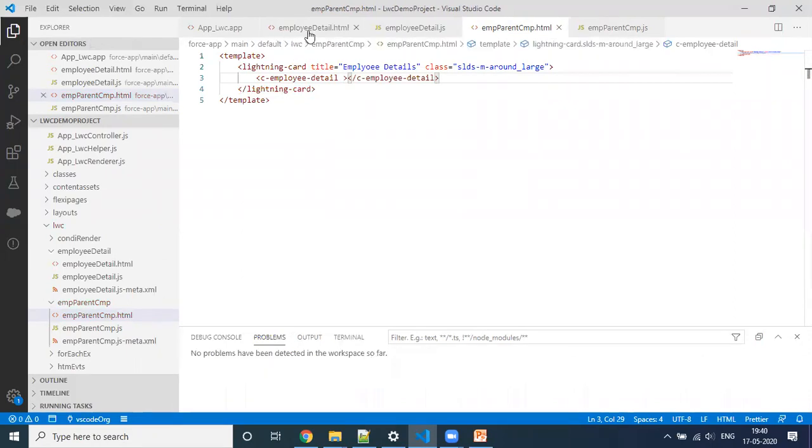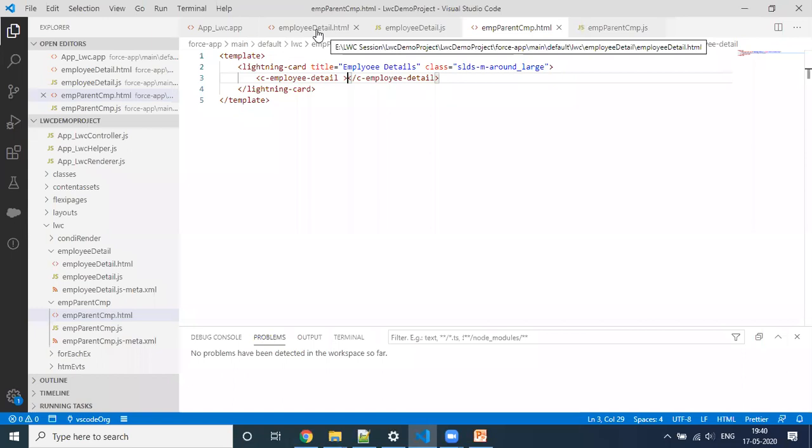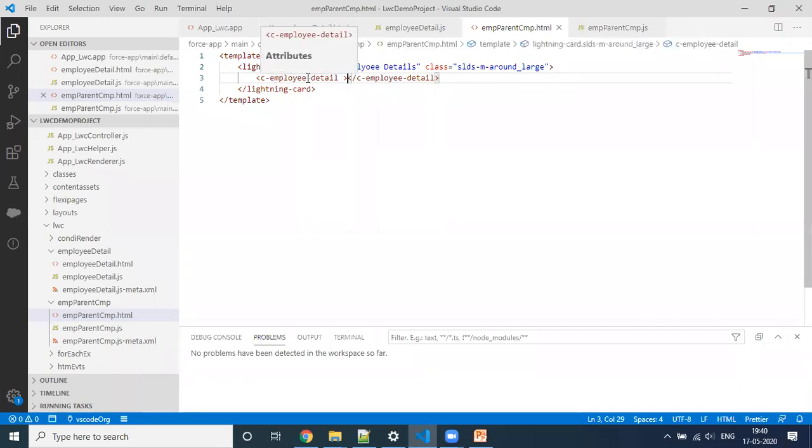Here we have employeeDetails, right? E is small, then D is capital. That is the reason it is taking a dash separated: employee, and then D is capital, so it has given a dash and details. Okay, so this is the way you have to call it in your parent component.